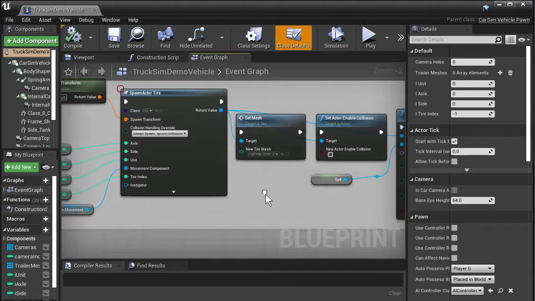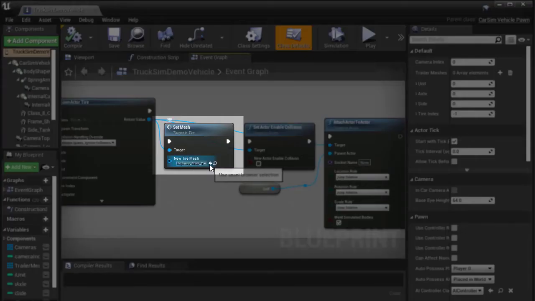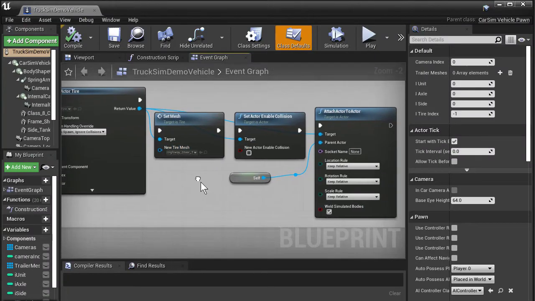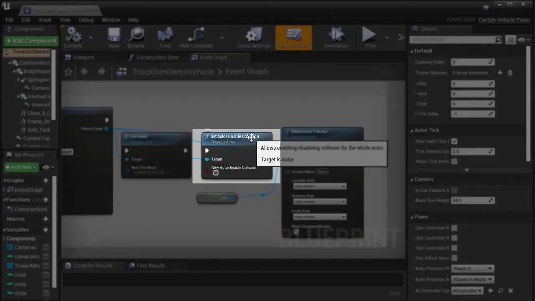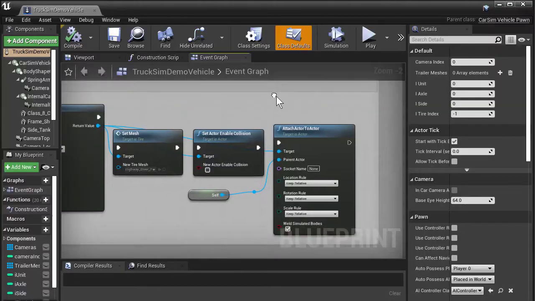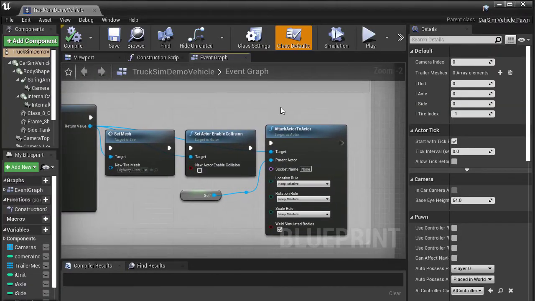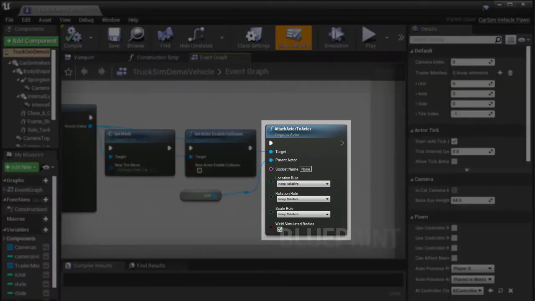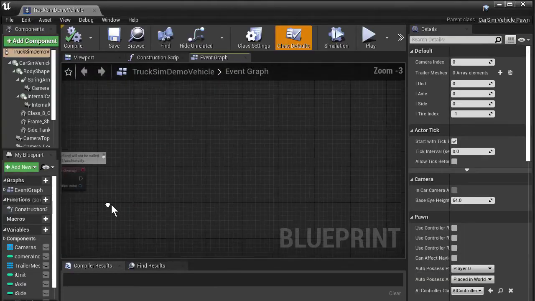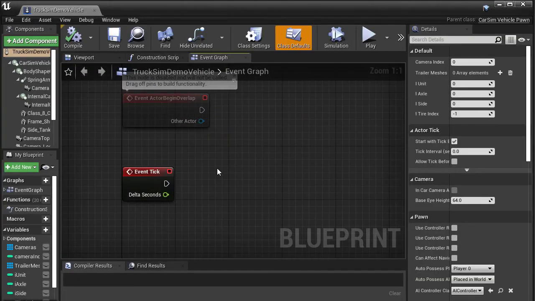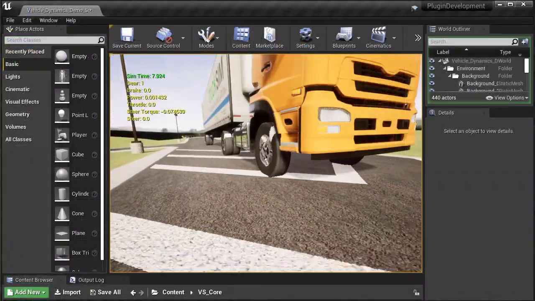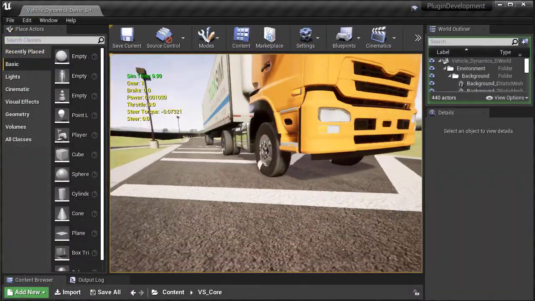The returned instance has its mesh set to the highway steer tire mesh for rendering purposes. Collision is turned off for this actor, as by default handling the contact patch is automatically taken care of from the solver model directly to the Unreal environment. This tire is for visual representation only. Finally, the tire actor is attached to the truck actor. The blueprint for the truck itself does nothing directly through the Tick event, as the tires are animating themselves. So that's how the tires are spawned and animated based on your model data.